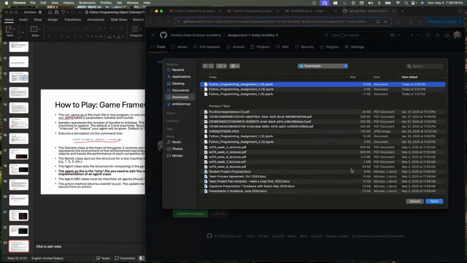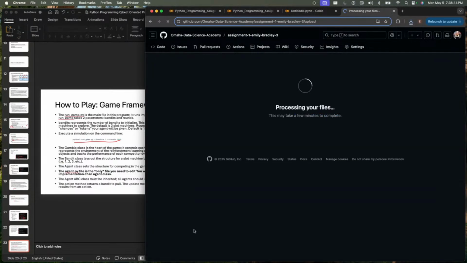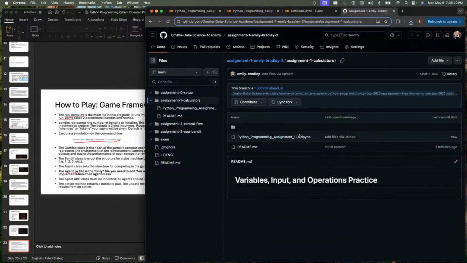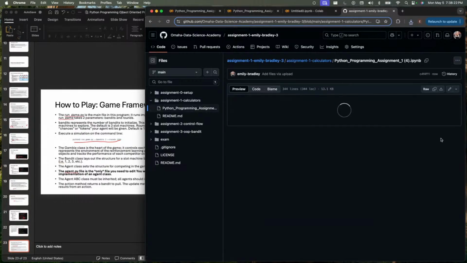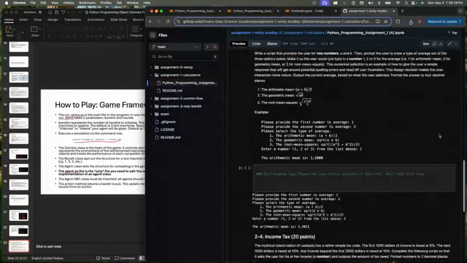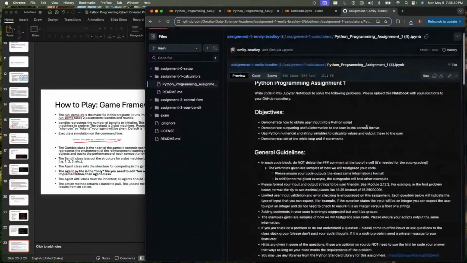Python programming assignment 1. Open. We're going to commit changes. And now we can verify that we do in fact see our Python programming assignment 1 notebook in here. Yours should actually have code in it. This one doesn't have any code in it. This is an empty one.